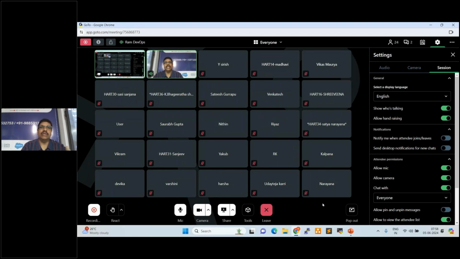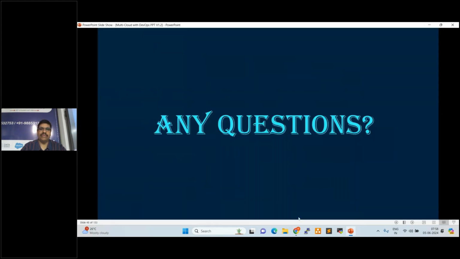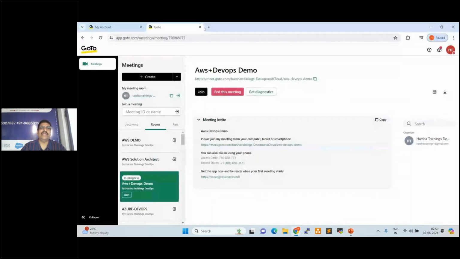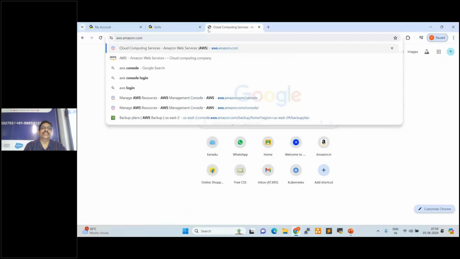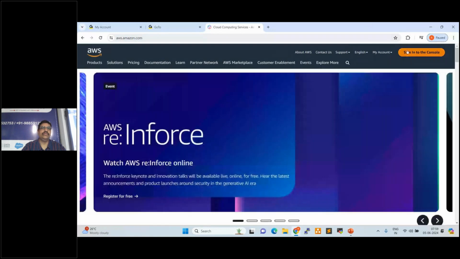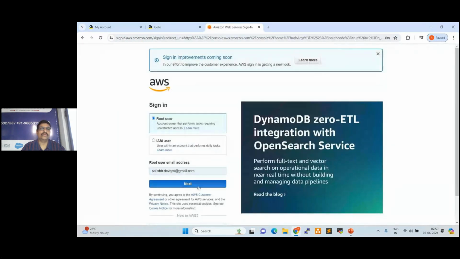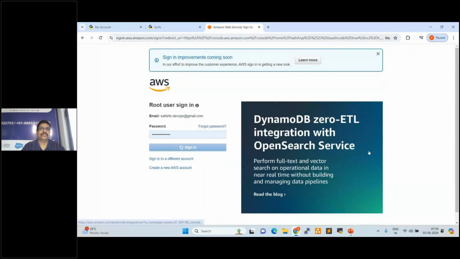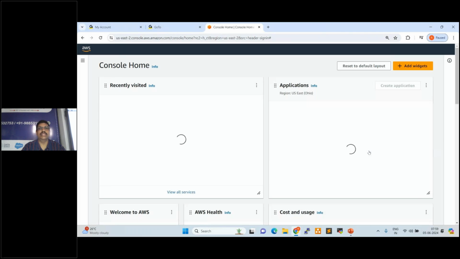The difference here is the platform. AWS DevOps means we work on the AWS cloud. Azure DevOps means we use the Azure platform. In our course, three platforms will be covered. All the platforms are the same functionality-wise. For example, this is the AWS platform, this is the AWS cloud, Amazon Web Services.